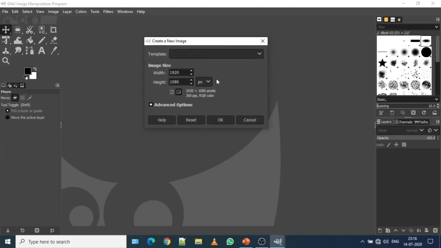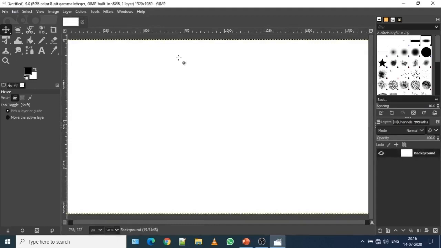This image size has 2 types of orientation: one is portrait, the other is landscape. Once you select the desired measurement, you simply click on OK. Once you click on OK, this whiteboard or artboard appears on the screen. Now you can write text using the text tool.